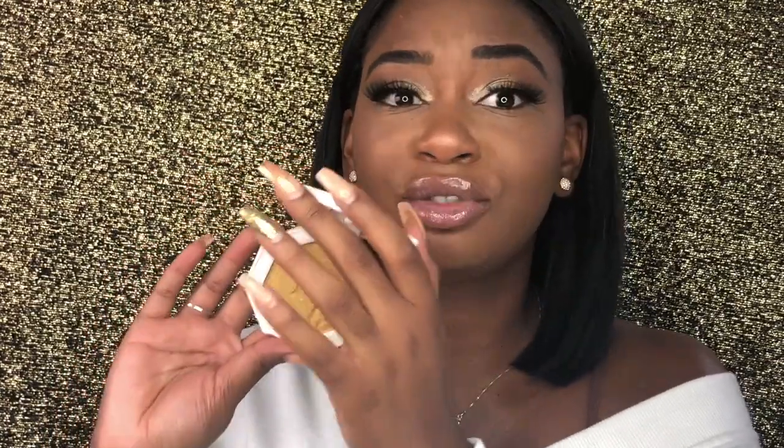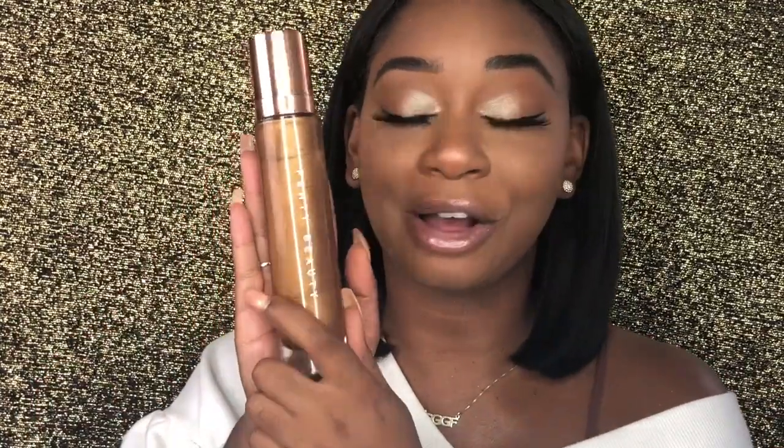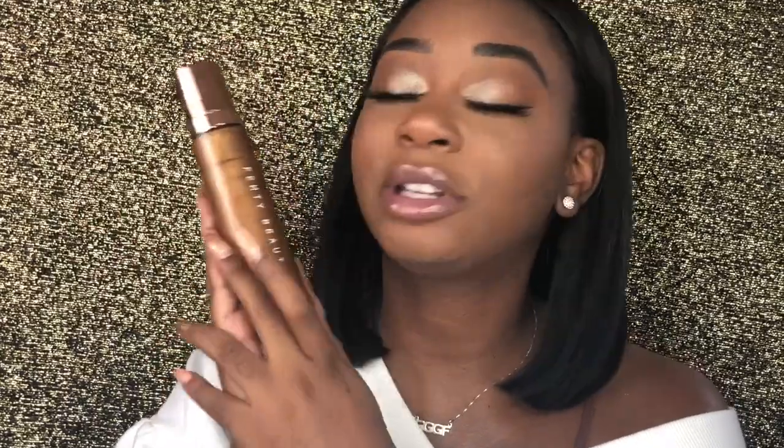You can use it on the eyes. You can use this on the body. It's really a very pretty universal shade. And speaking of body highlighters, I also have the Fenty Beauty Body Lava, and I really wish you guys would